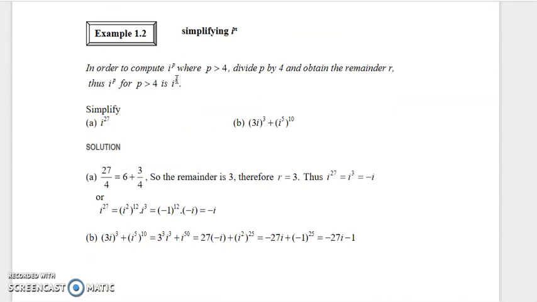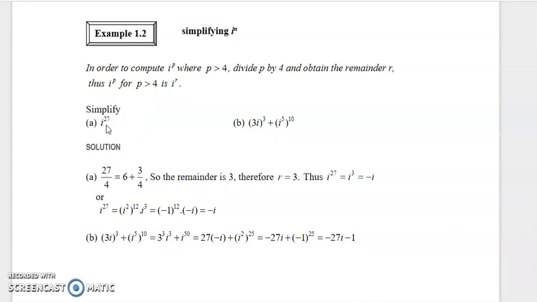Okay, in order to compute i to the power of P, where P must be more than 4, divide P by 4 and obtain the remainder R. Thus i to the power of P for P more than 4 is i to the power of R. So apa maksud dia sebenarnya? Okay, kita nak simplify kan dia sebenarnya. Okay, tengok dekat sini we are having